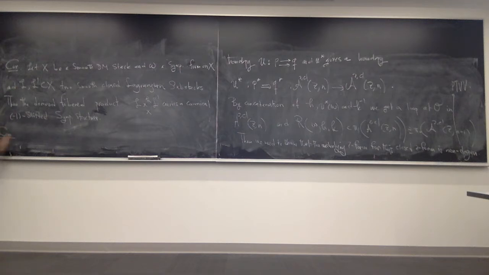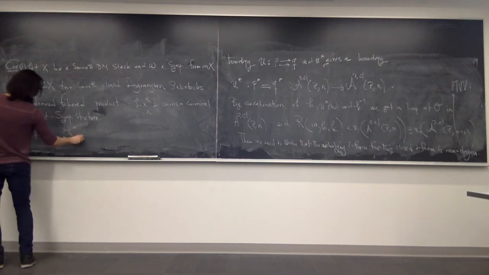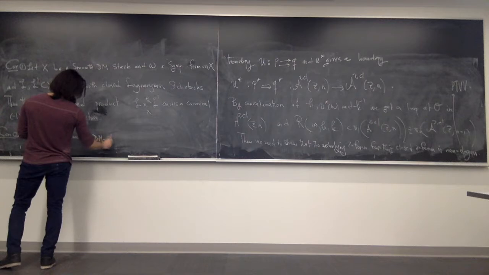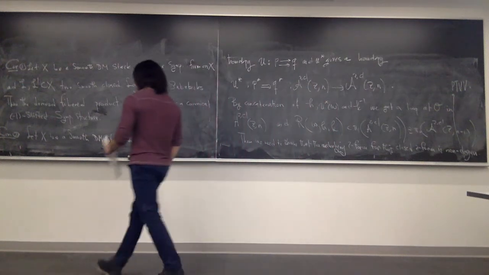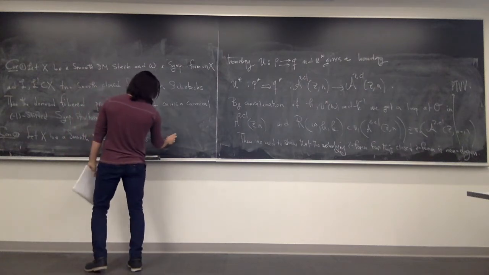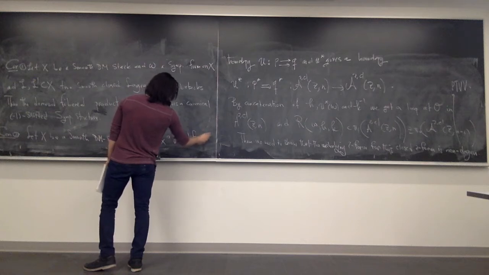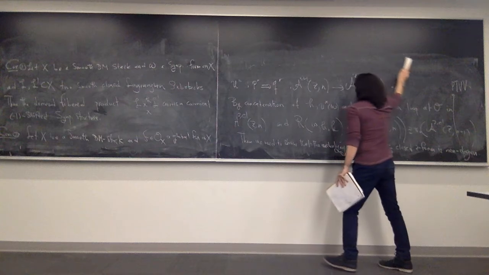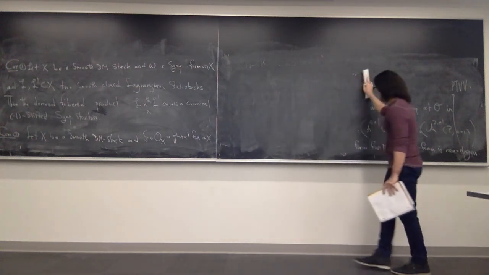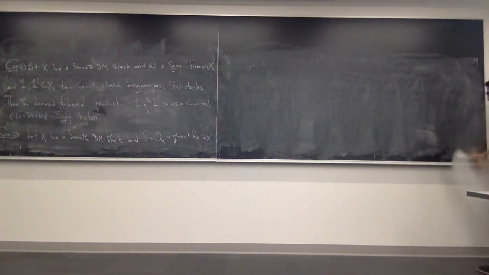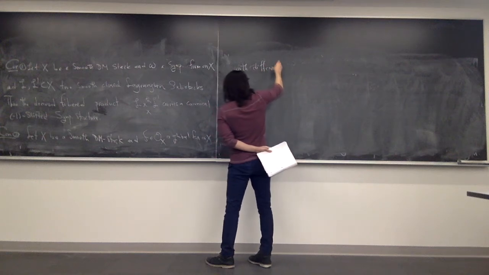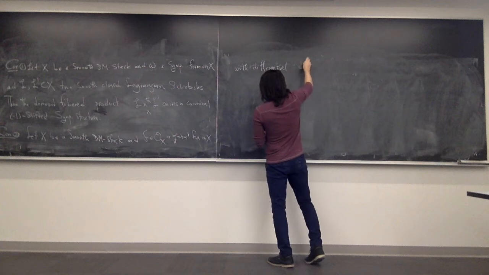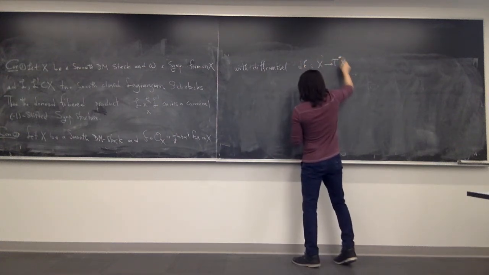Corollary 2.1.2. Let X be a smooth DM stack, and f an O of X, a global function on X. Then the differential df from X to the cotangent bundle of X,